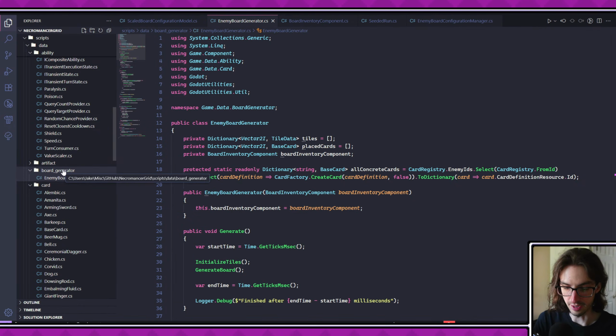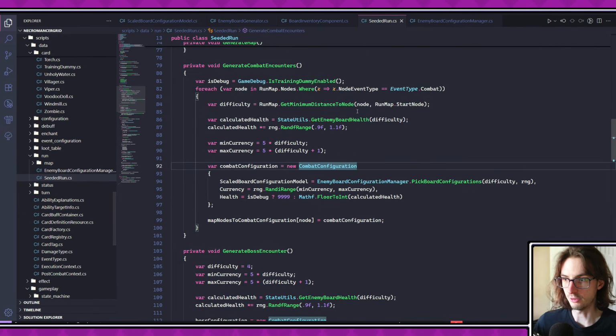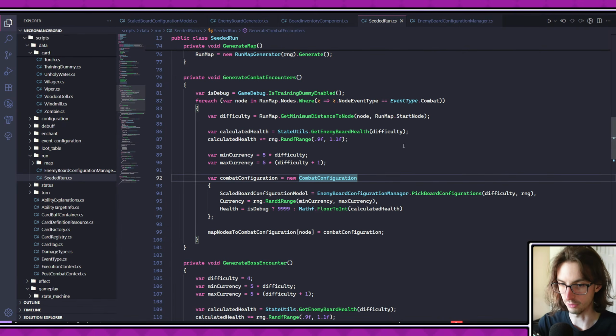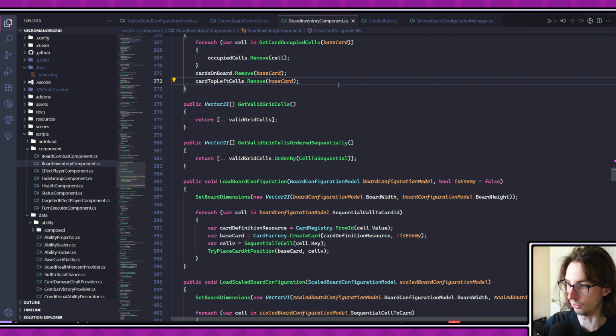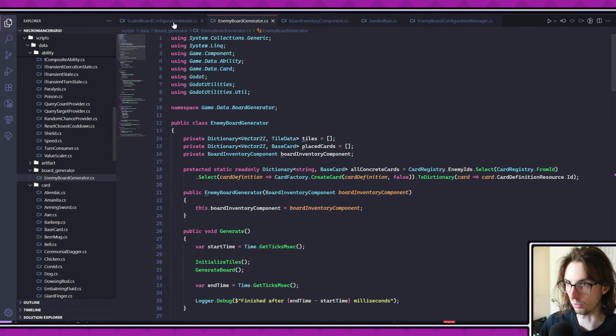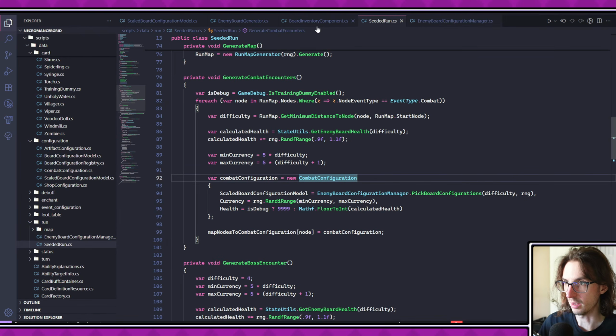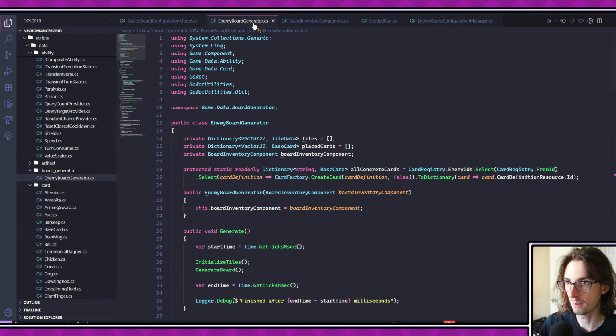I'm gonna take a quick break, and then when I come back, we'll try to implement this wave function collapse system into the run generation. So there's gonna be a couple of things to do. At the point that the seeded run is created, it needs to generate all of the combat configurations using that wave function collapse. And then when I go into a combat, it needs to take that configuration and actually put it on the board, visually speaking. So that's going to be a little bit of an interesting project here, but yeah, so we're going to start probably